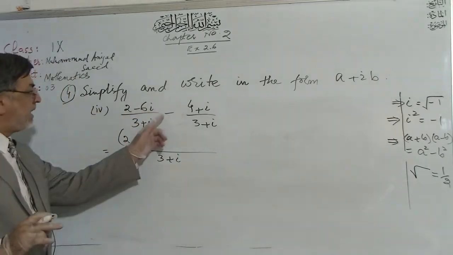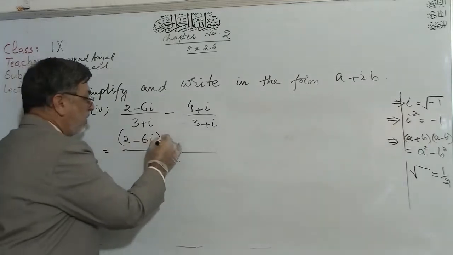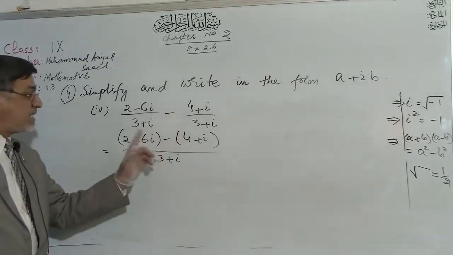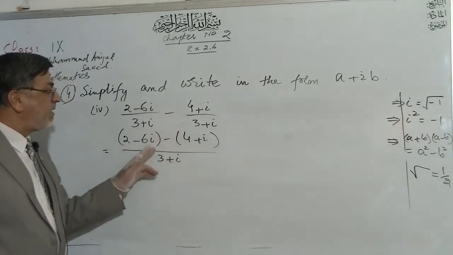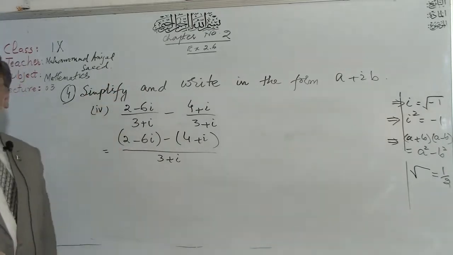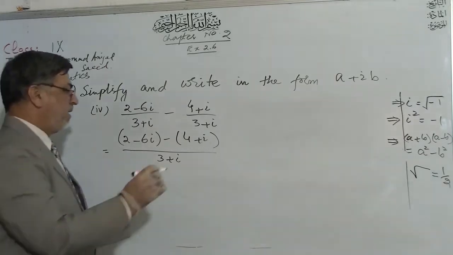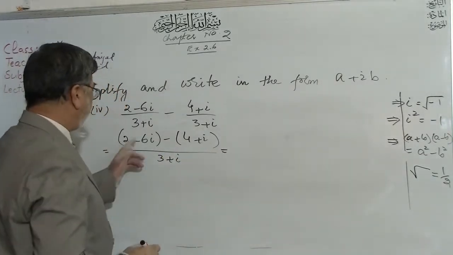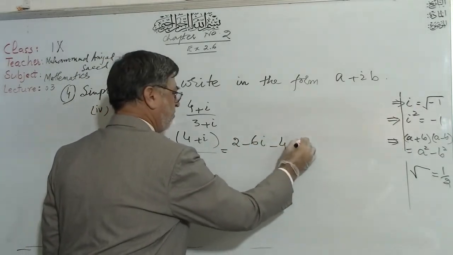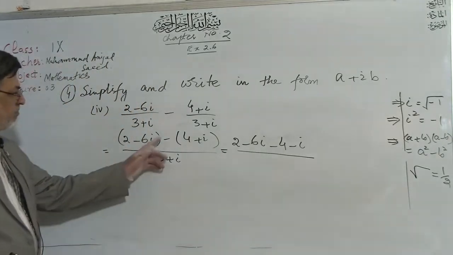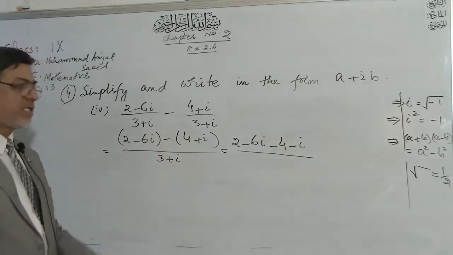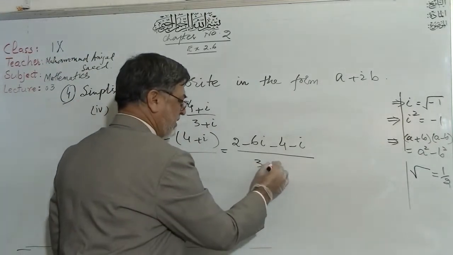After that, again, 3 plus iota divided by 3 plus iota, you get 1 and 1 is multiplied above. And remember that there is a negative sign in the center, so write your term inside the bracket. Remember that 4 plus iota must be written inside the bracket, otherwise you will make a mistake of sign and the question will be wrong. Now open up the brackets: 2 minus 6 iota minus 4 minus iota. When you open the brackets, there will be a change of sign if there is a negative sign outside the bracket. Here is 3 plus iota.